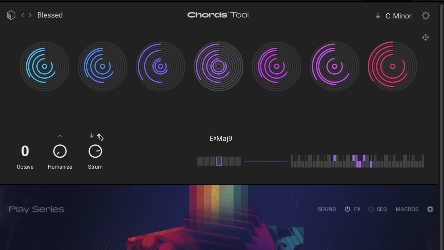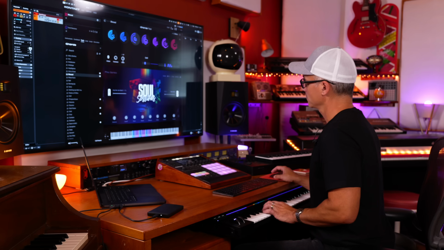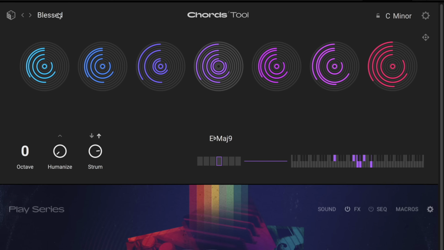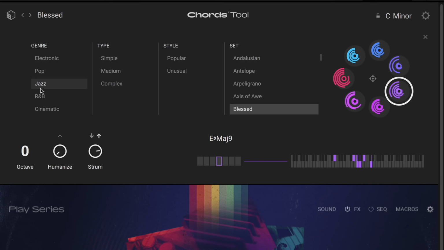Or we can strum up. Just really unique ways to take these chords and make them a lot more interesting. Another thing I should mention is that if you click on the actual title, you can go in and browse chord progressions by genre. That is a really important feature because you might be composing a certain style of music